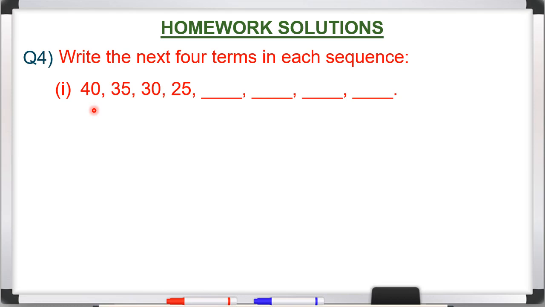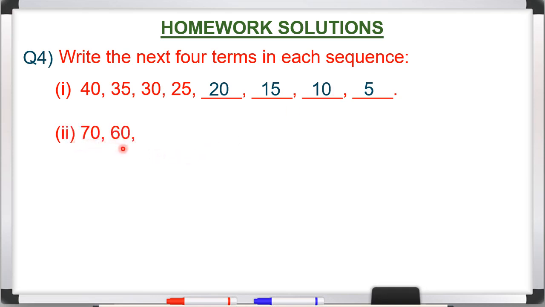Okay, now we will keep subtracting that difference from each number. Okay, 40 minus 5 35, 35 minus 5 30, 30 minus 5 25. Okay, 25 minus 5 20. Okay, 20 minus 5 15, 15 minus 5 10, 10 minus 5 5. Clear? Now in part 2,